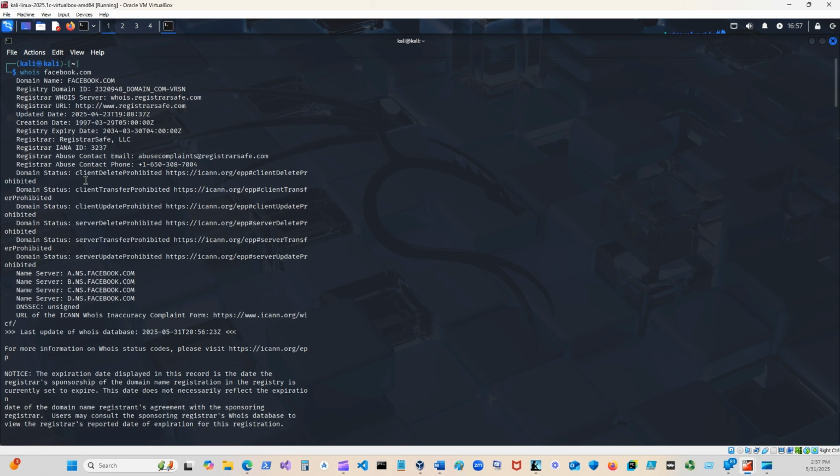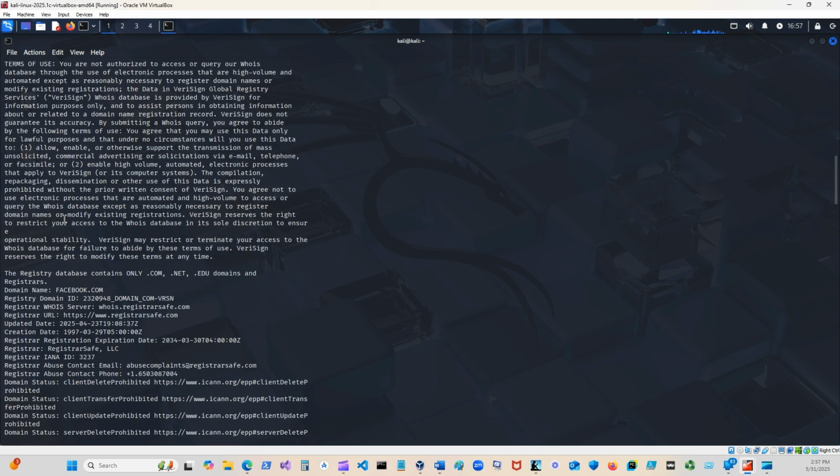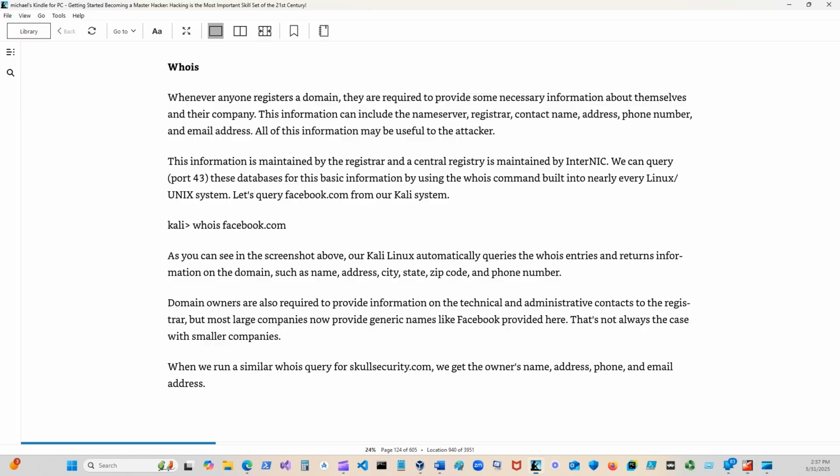Alright, whois. So we got domain name, facebook.com, registry ID, whois server, registersafe.com. It gives you a lot of information, okay? Any other information would be useful to the attacker.